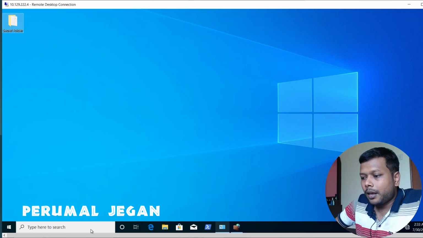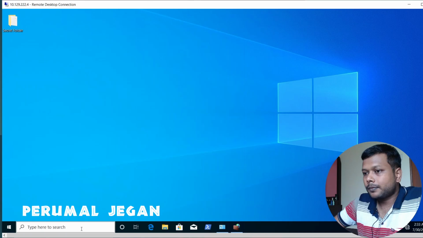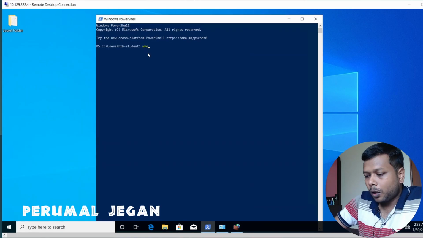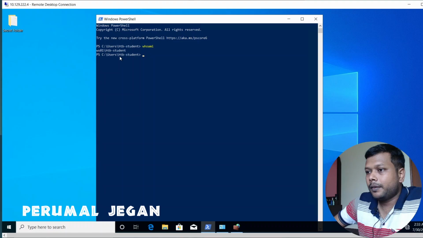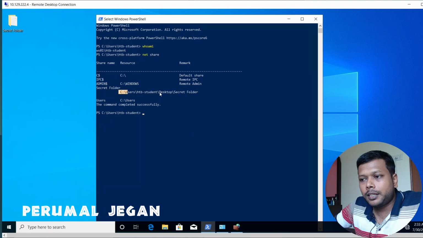Before that, let me run PowerShell. So this is my target machine's PowerShell. Who am I? I'm on target, and the command is net share. It will show the list of shares that are hosted on this particular machine. I hosted this share manually.